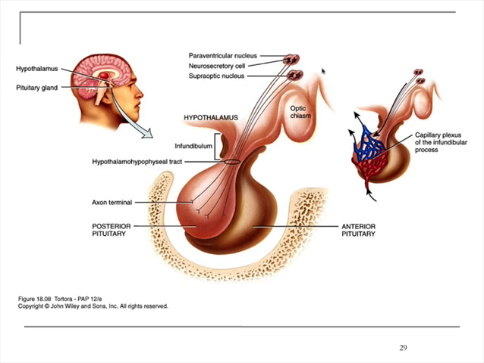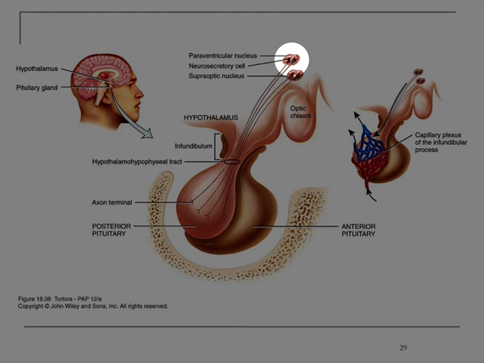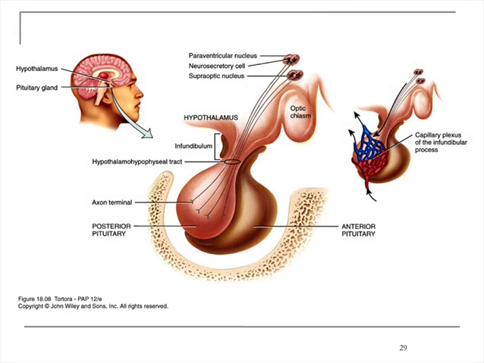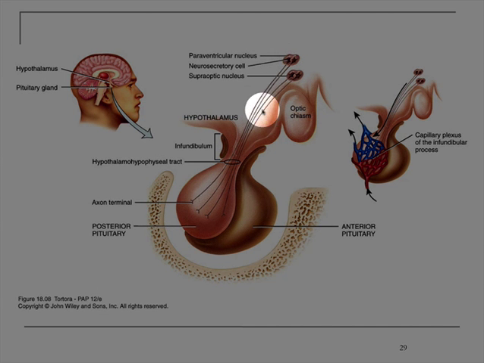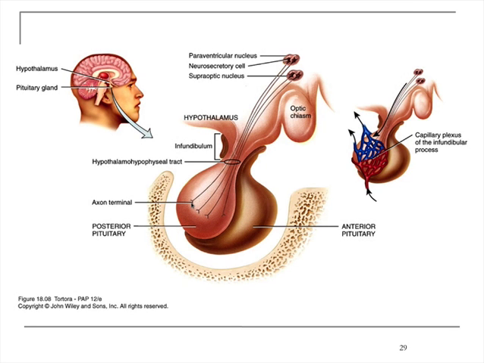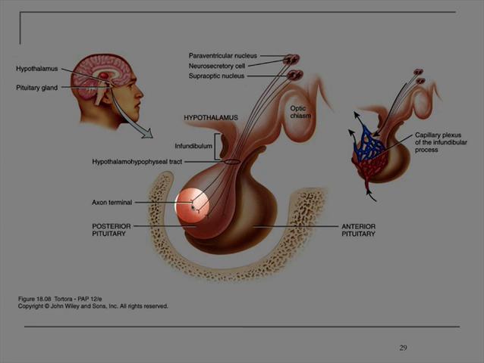The hypothalamus also plays a role with the posterior lobe of the pituitary gland. In this particular case, what we have are neurosecretory cells up in the hypothalamus whose axons extend down into the posterior lobe. These neurosecretory cells produce hormones which travel down through the axon, and then when they get down here to the axon terminal within the posterior lobe, they are released. The two hormones are oxytocin, which helps stimulate labor contractions when a mother is giving birth, and also a hormone known as antidiuretic hormone. Both of those hormones are made up in the hypothalamus, but are released from the posterior pituitary gland.